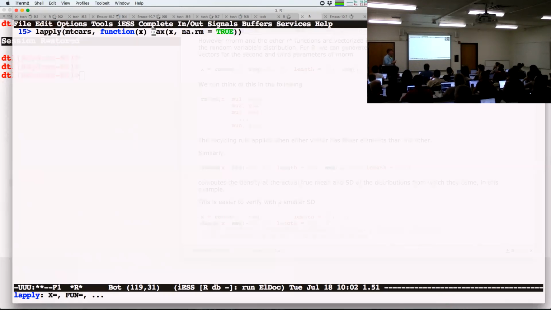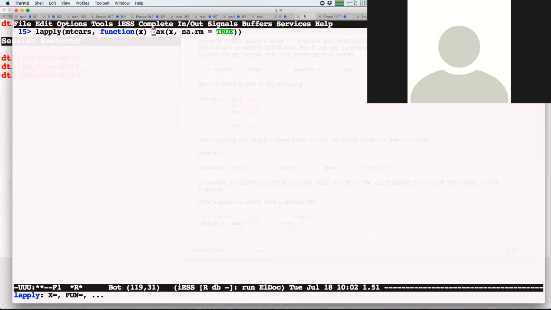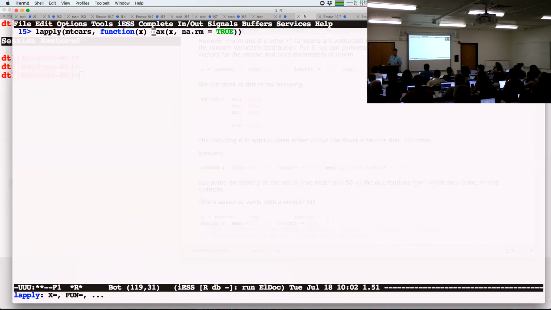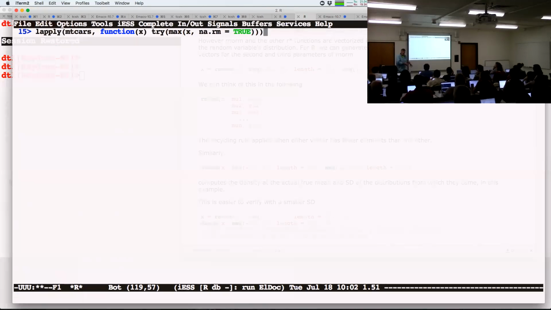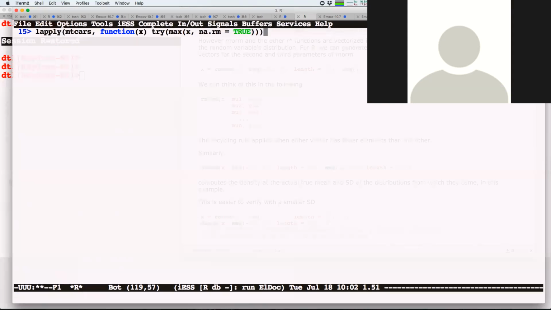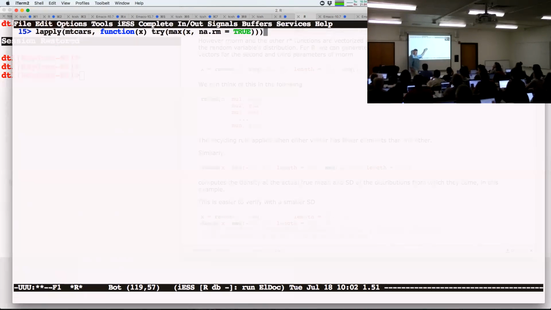This is where you can't write it the previous way. You write your own little function because you are customizing it now to say, try this, please. But whatever you do, if you get an error, just tell me about it and carry on. We will all know there was an error. It's discoverable later, we can ask which one had an error, but do not terminate the entire computation. So this try function is very useful. If we really want to go forward and say, I don't care if you fail, but just tell me about it, then we can do that.